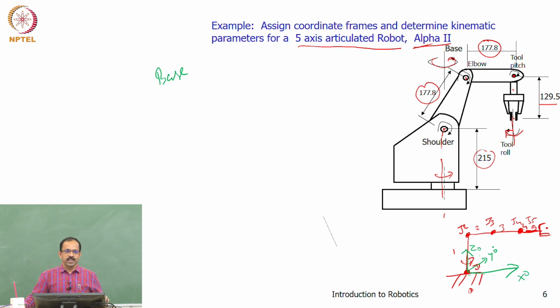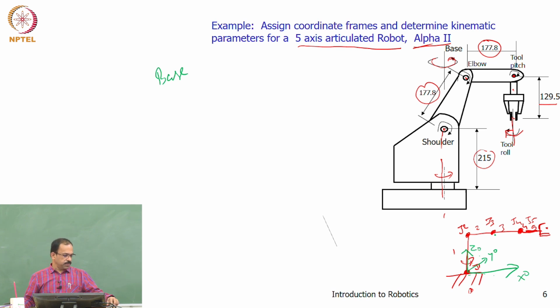I hope all of you are clear about this, right? There is nothing complex here. You just need to identify the z axis, and then all the other things you can get. I can actually think of an x axis in this direction also, then the y will be in the other direction. So I can actually have that option. But for the time being, I am just taking it for convenience.